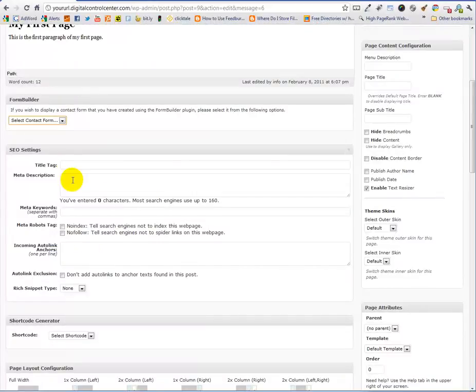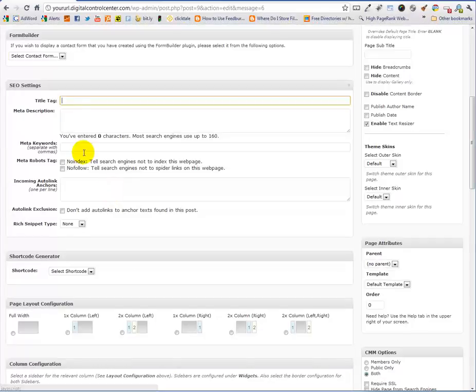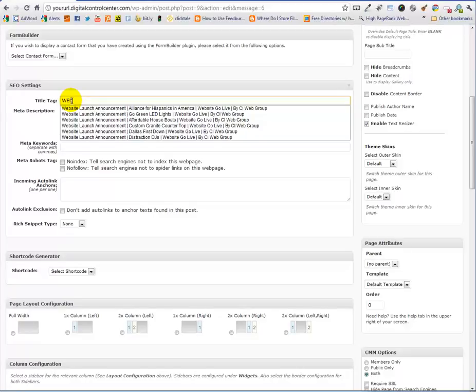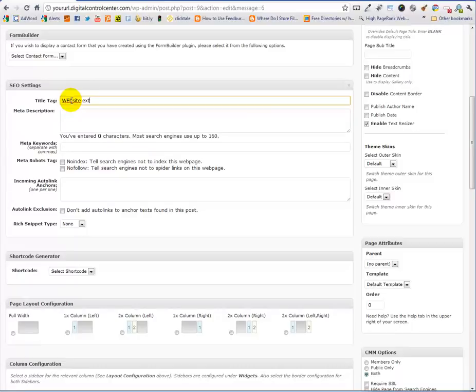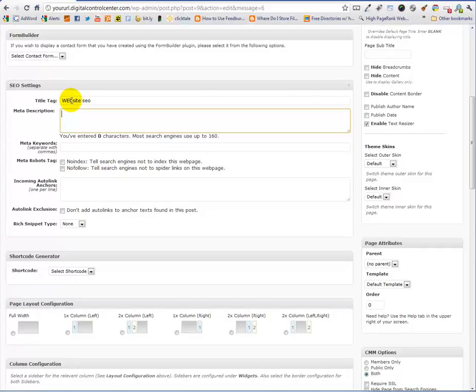Also, we have the SEO settings. This is where you can override my first page. Now my first page is what's going to show up on the page itself, but you can change the title to be something that's SEO friendly, like website extraordinaire, or website SEO. And the description, when you go to Google or Bing or Yahoo, you're going to see, when you type in a search,